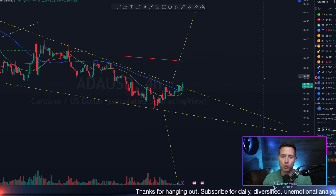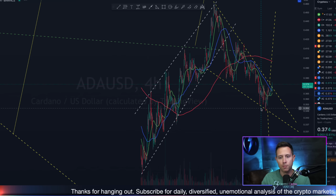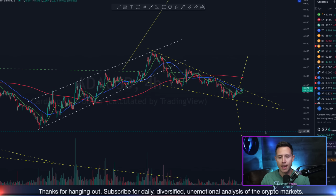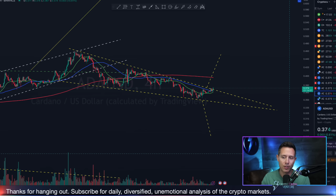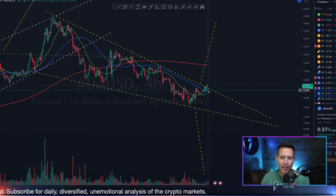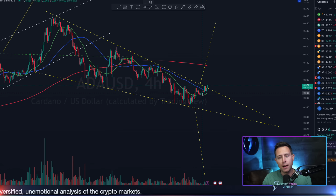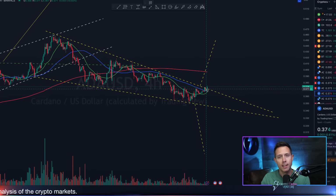So this is where the shorter term charts come into play. And if we go to the 4-hour chart, we obviously have this falling wedge. ADA breaking the upper trend line right now. It's still so early. I mean, there's not really any nice separation or explosive move for ADA out of that falling wedge, but it's important nonetheless because the target to the upside out of this wedge, if it gets hit,